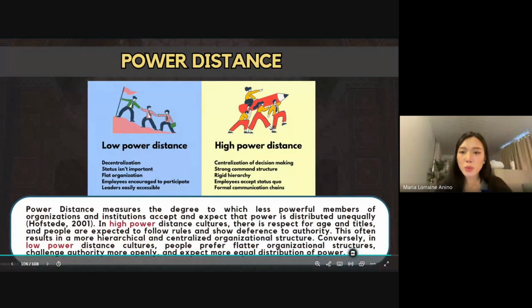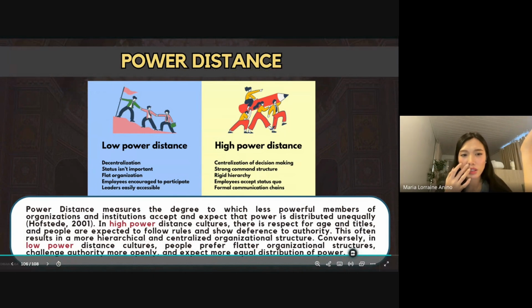So when we're talking about power, I hope you are going to read the picture I'm showing you here in the slide. So in cultures with low power distance, people believe that everyone should be treated more equally. Employees would feel comfortable speaking up, sharing ideas, and even challenging their boss, their leader. The leaders here are approachable, and the workplace feels more like a team, more collaborative. So it's what you can see there in the diagram and the picture.